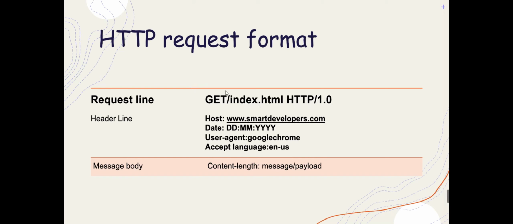Get is a request format. The get method is like a search method. Whatever we are searching for on the internet will be a get method. And there will be a header line. I have told you guys about the header line content, right? There will be a host. Host is